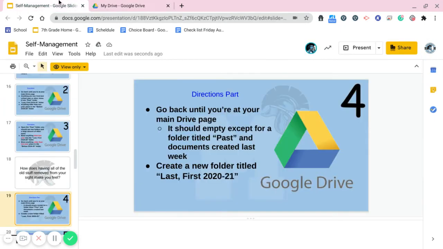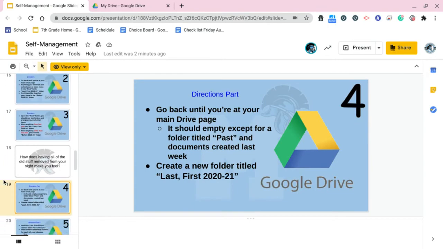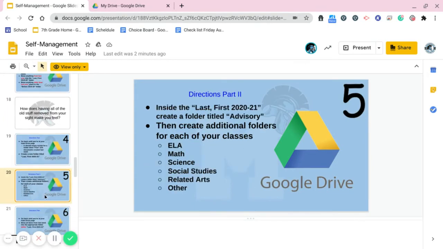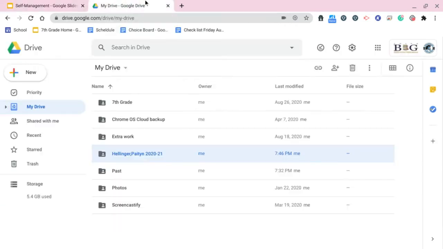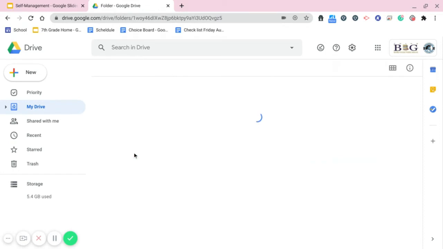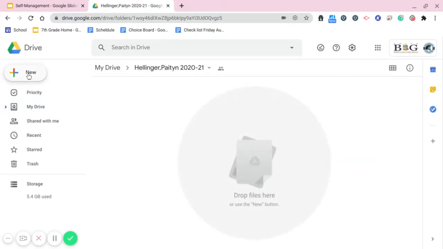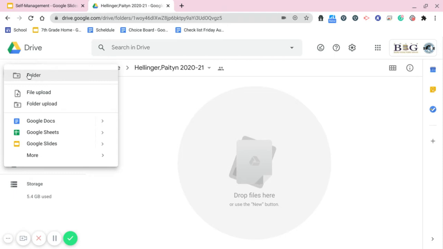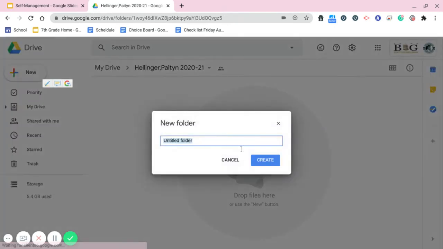So we're going to go back, and let's go to step 5. Step 5 is inside the last first 2020 and 21, create a folder titled Advisory. Then create additional folders for each of your classes. So what you're going to do is come here and press New, Folder, Advisory,